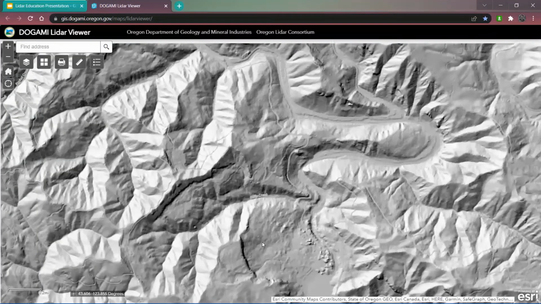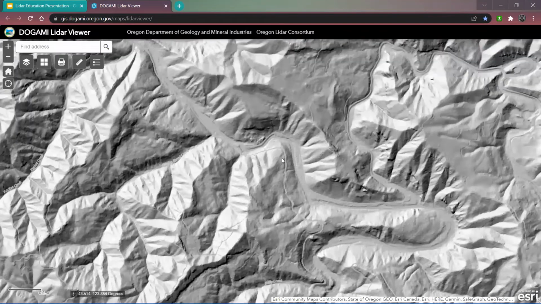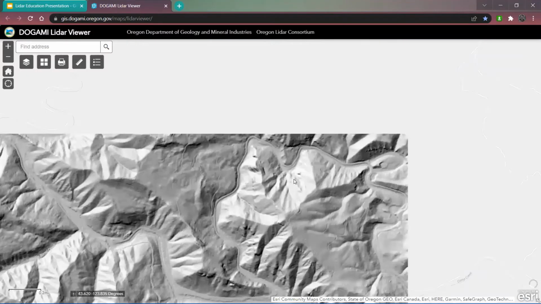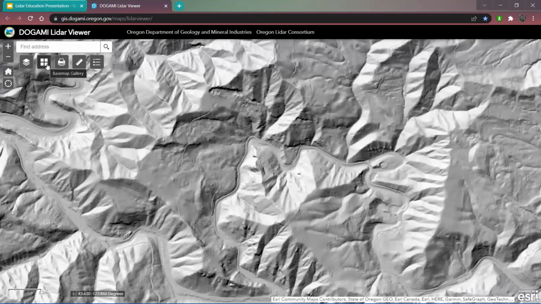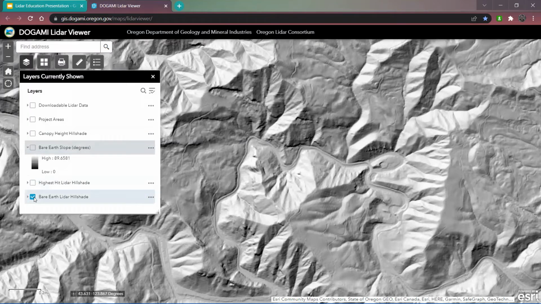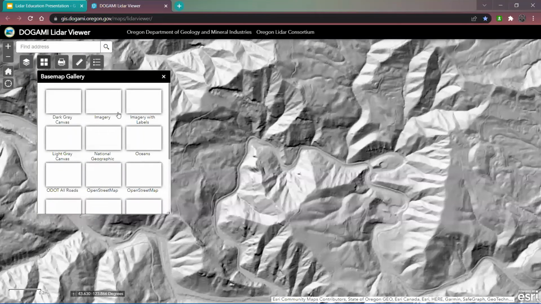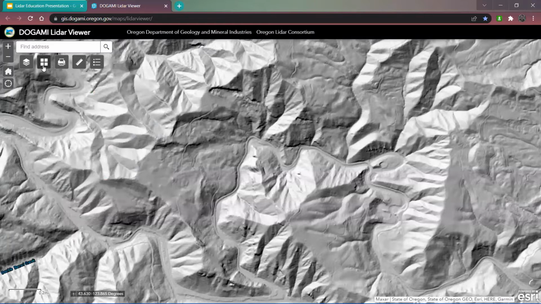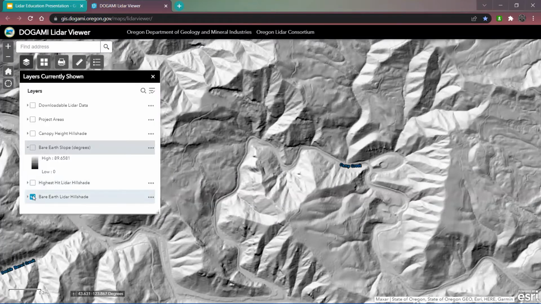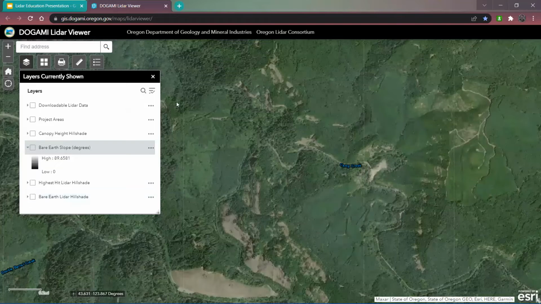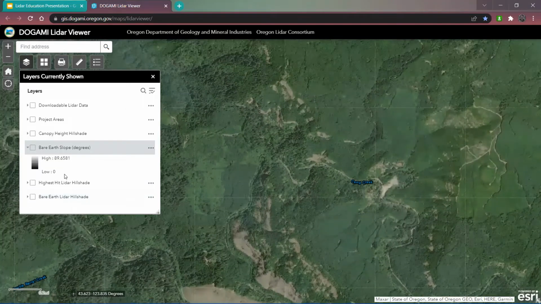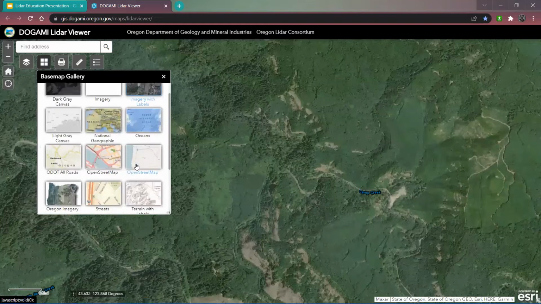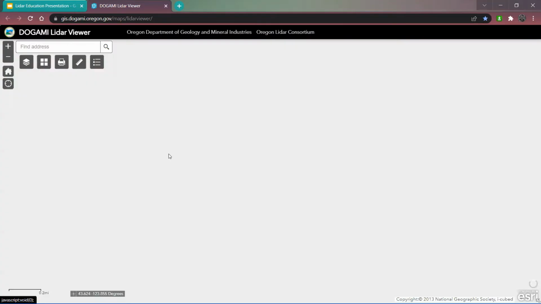You're probably already thinking, hey, this is something I could use for a very specific thing. In the middle, next one over, so this little pancake shows our different layers. This next one shows a variety of base maps. There are kind of that Google Earth type of overhead images, and there are topographic maps,